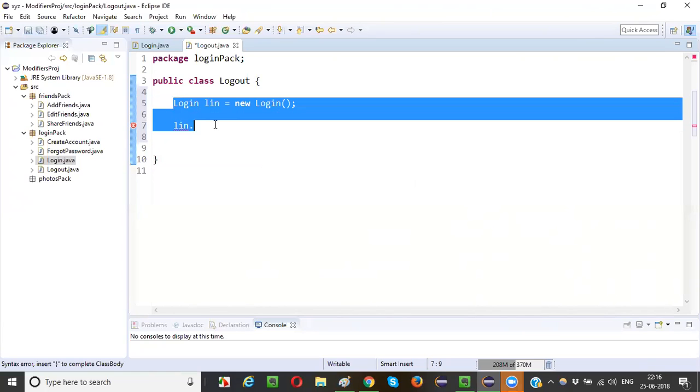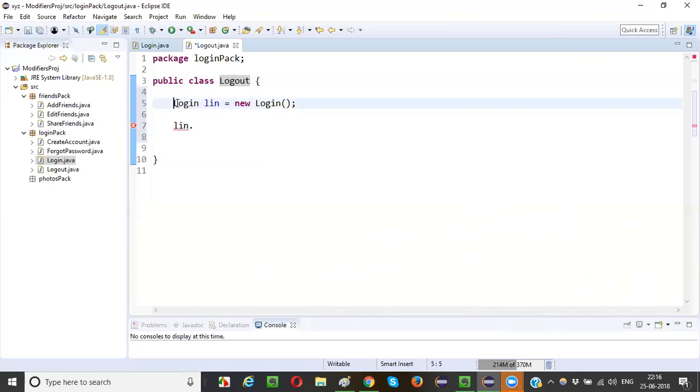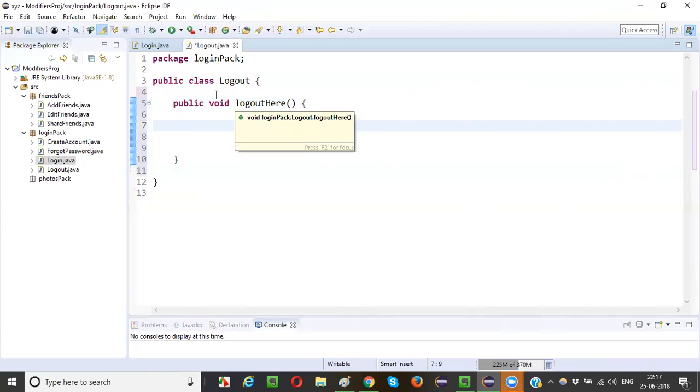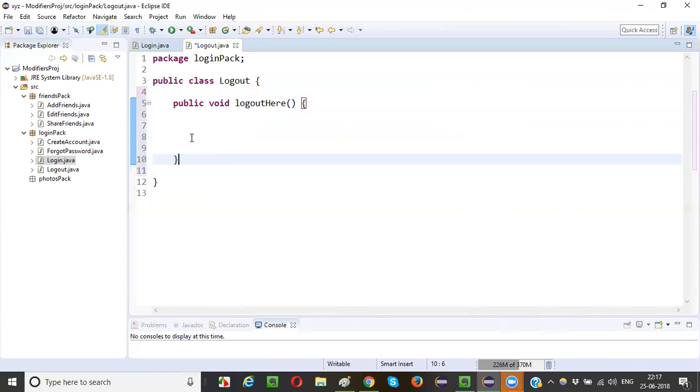The simple thing is that you should not create objects directly under the class. Instead, create a method here. Public void logout. Some method you create, and in the method you have to create the objects. You should not create the objects directly under the class, guys. That will not work. Object creation can be done, but you cannot access the variables and methods in the Login class with the help of the object reference. You will get confused. So make sure that you create the methods inside the class